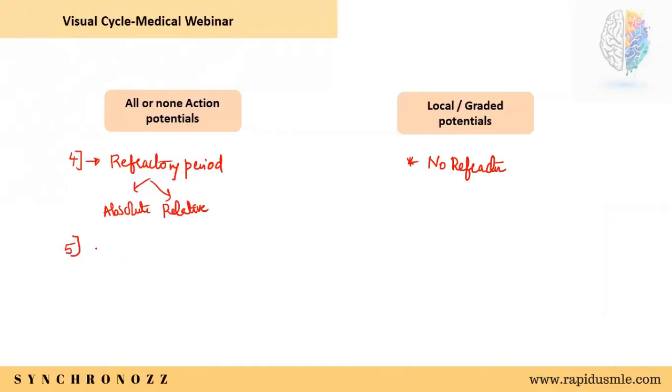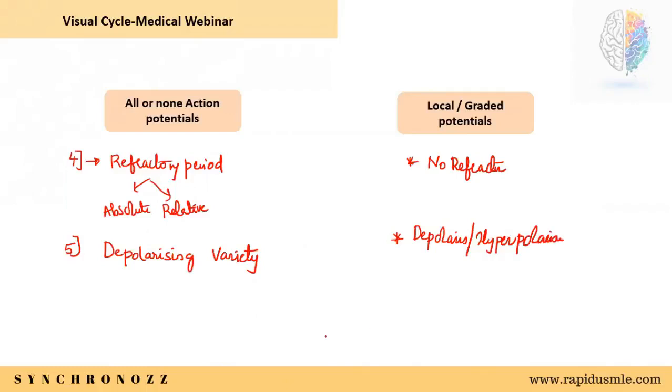And the last difference to be noted is all or none action potentials are always of depolarizing variety, whereas local or graded potentials may be depolarizing or hyperpolarizing. What is the basic difference here? Depolarizing is because of opening of sodium channels. So sodium channels open and allow entry of sodium, so that the resting membrane potential gets depolarized